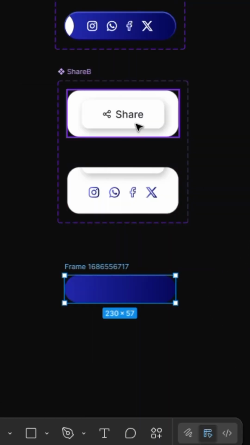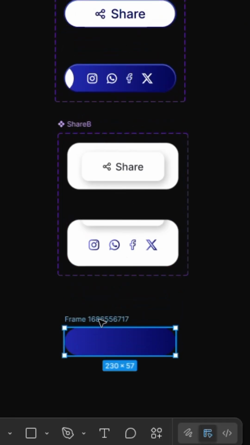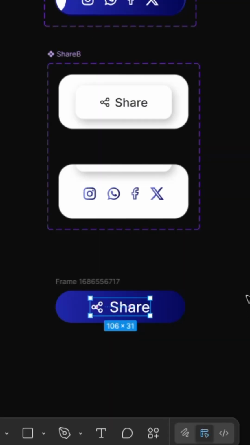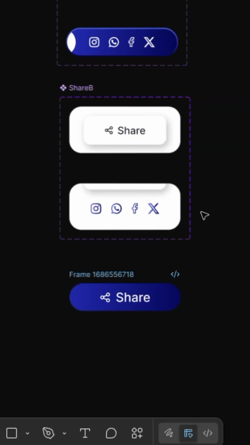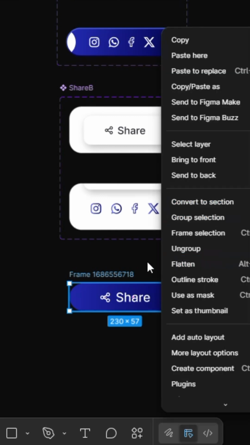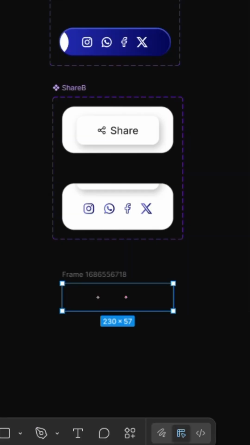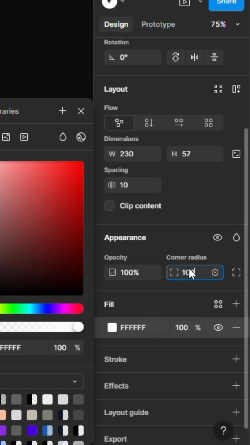Okay, then copy your share text and icon, paste it inside, and we're going to change the color to white. Then select the whole frame, then frame it again. That means that we have a frame inside the frame. Select it. Then we have a frame of the share icon and the text inside another frame. Let's hide it. Then the main frame, we are going to give it the color white, then around the edges,